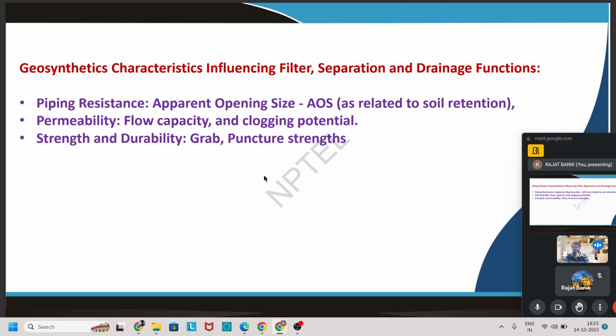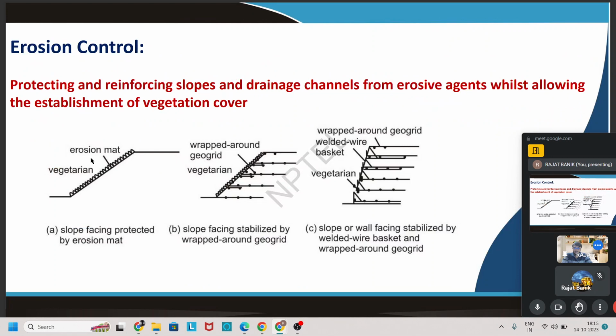We can use it for piping resistance, for permeability purposes, and for the strengthening and durability of the soil. The geosynthetic material is also used to control erosion due to draining or seepage of water. So in different ways, and by different elements, we can use the geosynthetic material